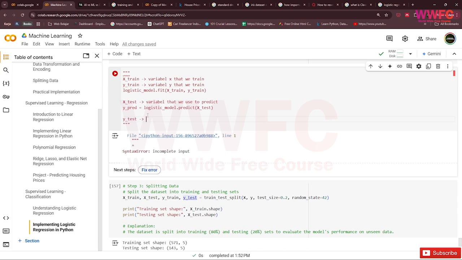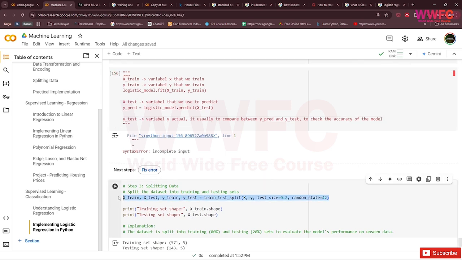Y test is the y actual variable, and it is usually used to compare y prediction and y test to check the accuracy of the model. It is used like this. Okay, this is the explanation of X train and y train that we always generate before, but I didn't really give you guys an example for that.